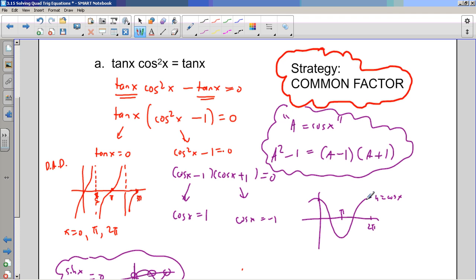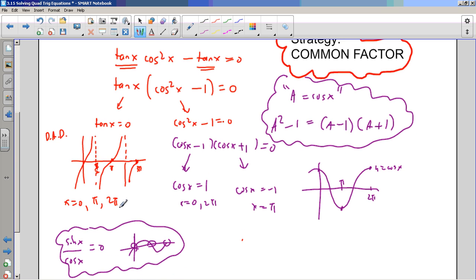When is sine x equal to 1? At x equals 0 and 2 pi. And it's equal to negative 1 at x equals pi. So notice if I collect up the solutions, they're actually copies of the same solutions, and these solutions will happen every pi. So if I wanted all of the solutions,